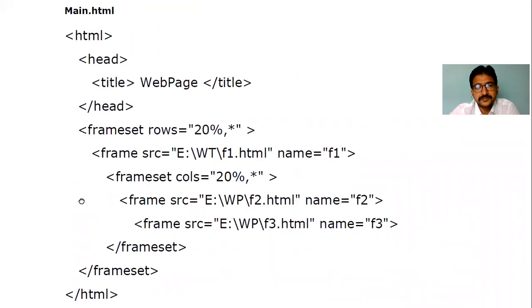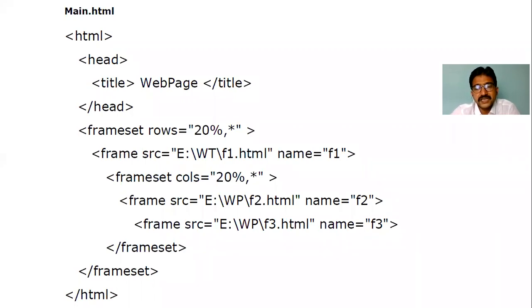Now we have a tag called frameset. As I said, each page consists of a set of frames: frame 1, frame 2, frame 3, a number of them. As per our lab week 1 requirement, a home page consists of 3 frames. So we require the frameset tag. Its purpose is to divide the total page into frames. How many frames we divide into, we specify with the help of rows and cols. As I said, just now, 2 rows are there.